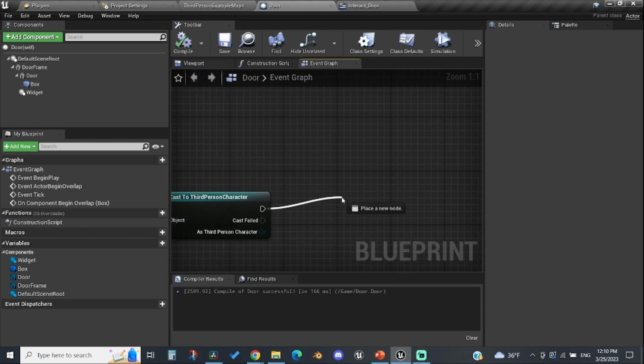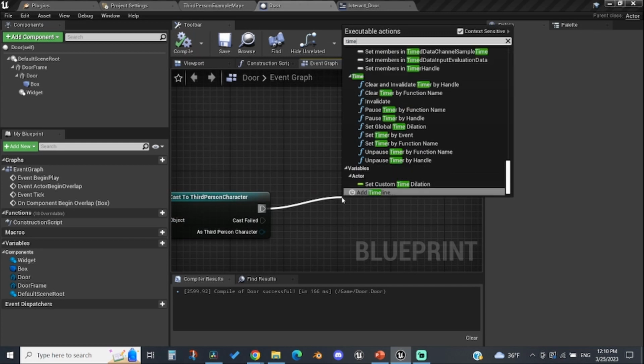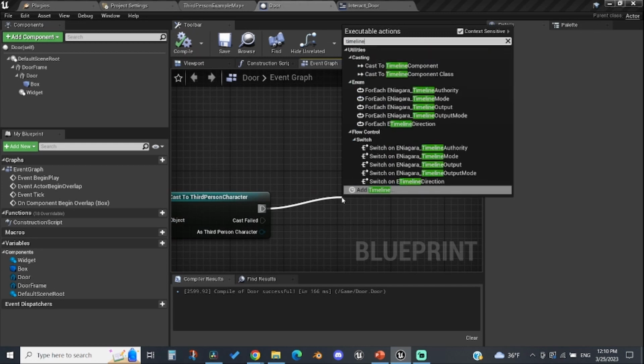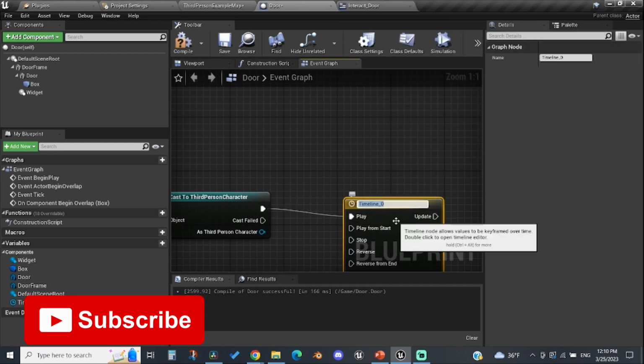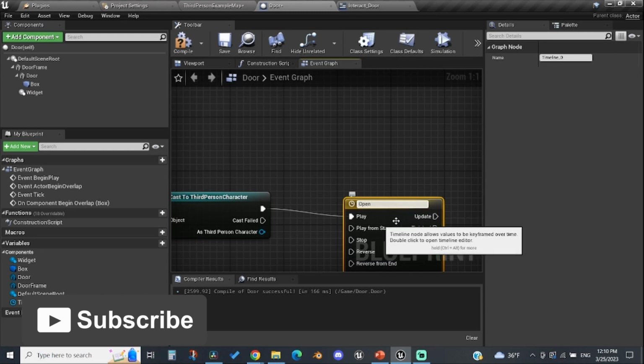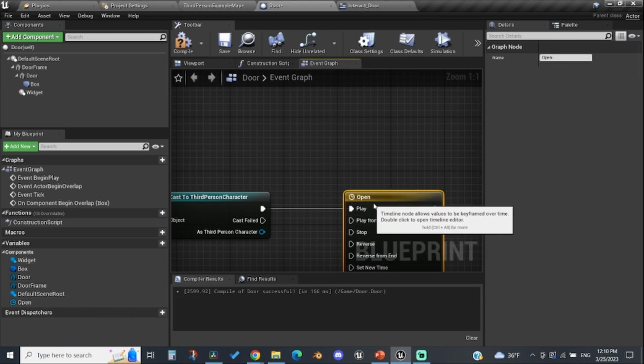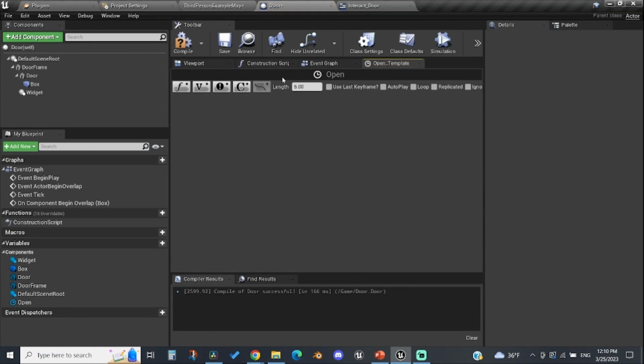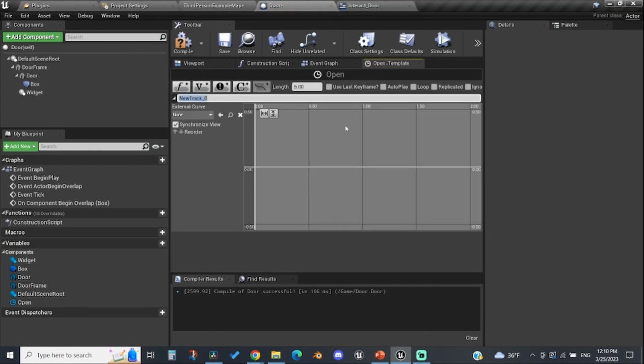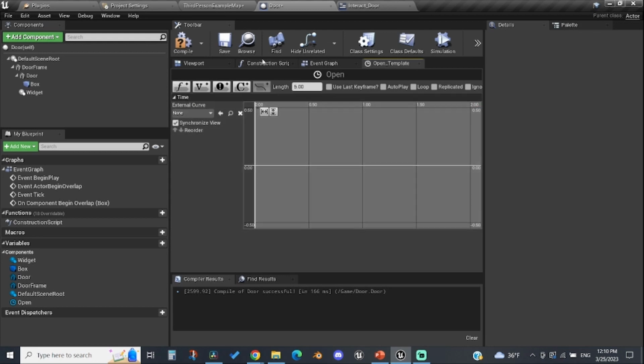So create a timeline and name it open and add a float track and name it time. Hold shift and click to add a point and set the time to 0 and its value to 0